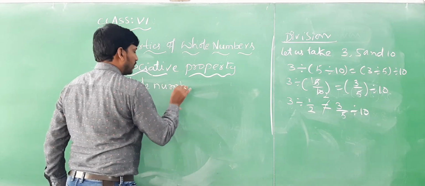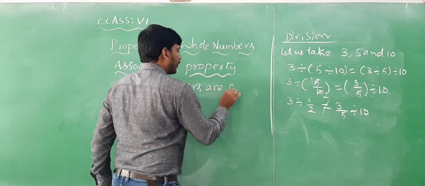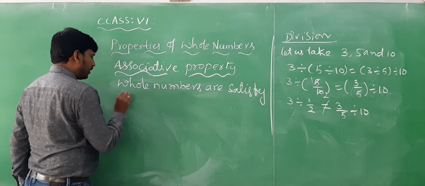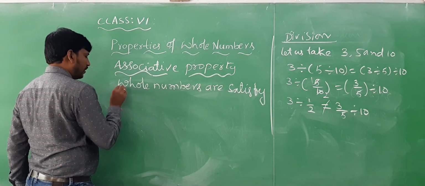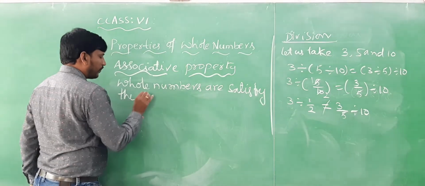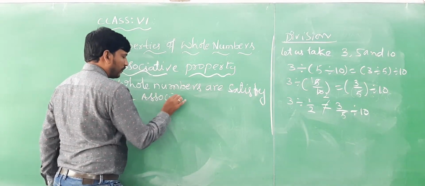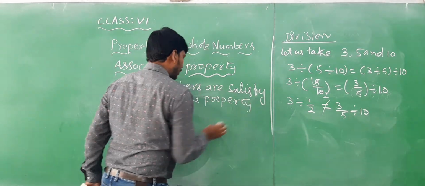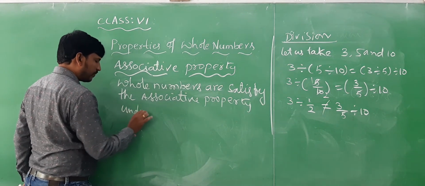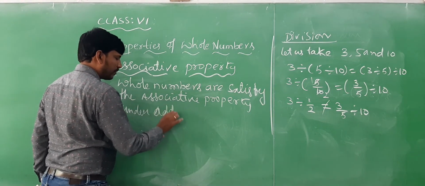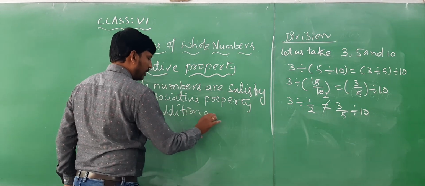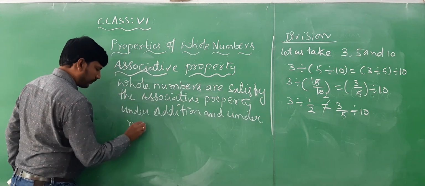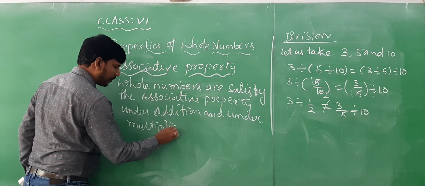Whole numbers are satisfied the associative property under addition and under multiplication only. Okay, so we need to write the statement for each and every, as well as we